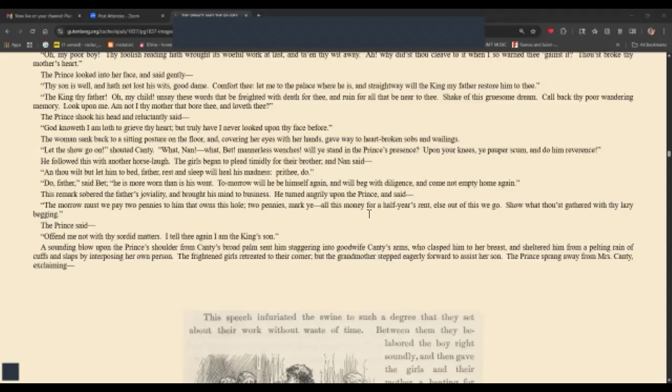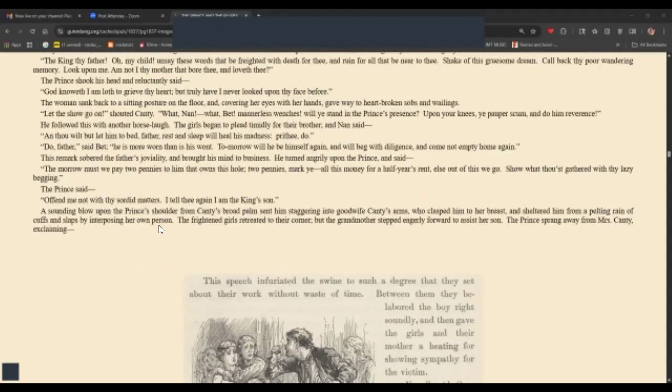He turned angrily upon the prince and said, "The morrow we must pay 2 pennies to him that owns this hole. 2 pennies, mark ye, all this money for a half year's rent. Else out of this we go. Show what thou'st gathered with thy lazy begging." The prince said, "Offend me not with thy sordid matters. I tell thee again, I am the king's son."